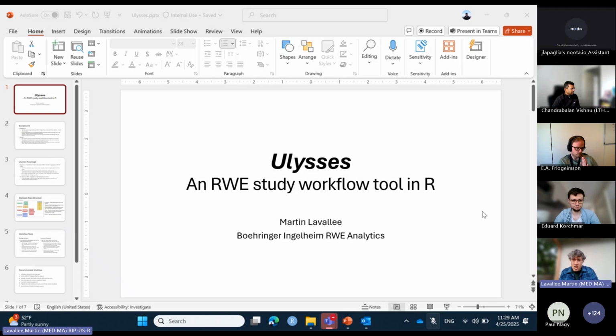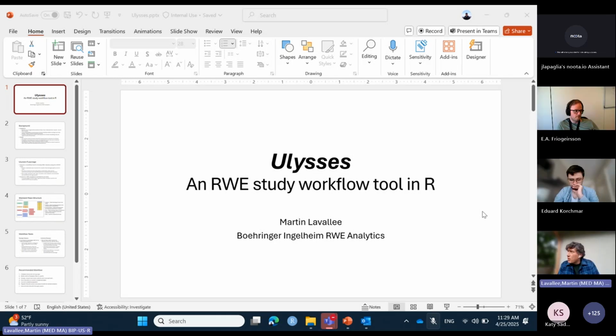It's in Hades. But the tool I'm going to present today is Ulysses, which is an RW study workflow tool in R. Something I'm very proud of since I've moved over to Boehringer Ingelheim is that we've become closer and closer to being an OMOP shop, which I'm very happy about. We use OMOP data and OHDSI tools to deliver real-world evidence to our asset teams, and it's been going very well. One of the tools that we've been leveraging quite a bit for that is this Ulysses tool